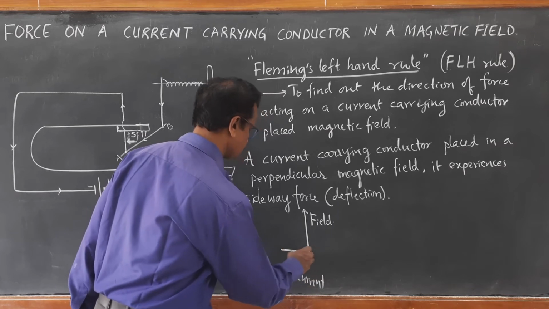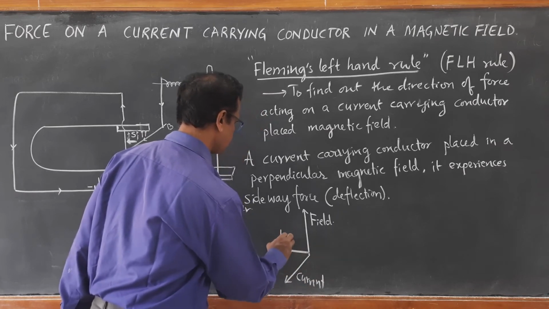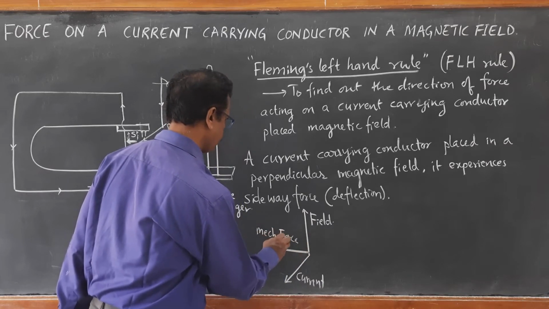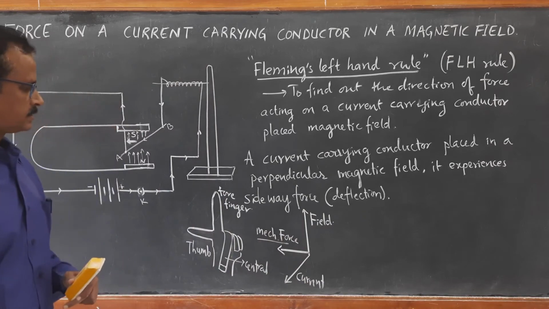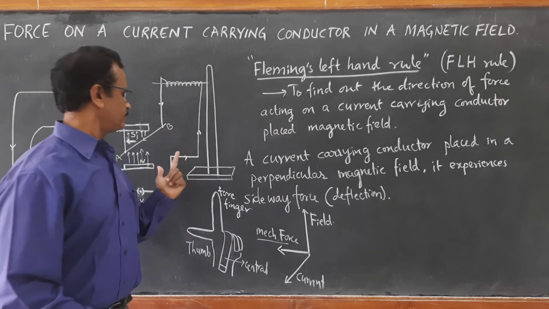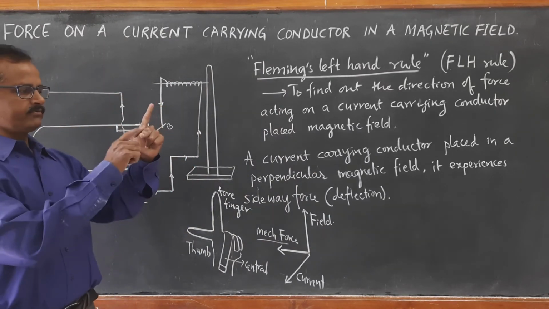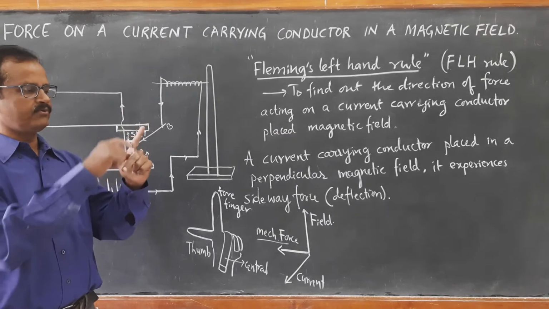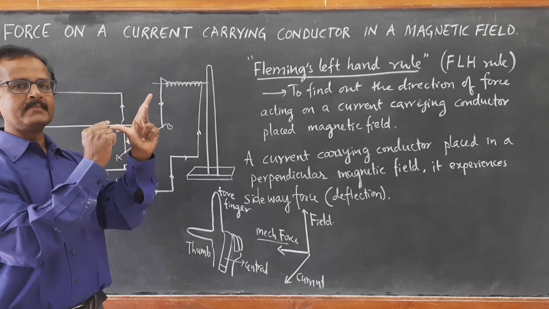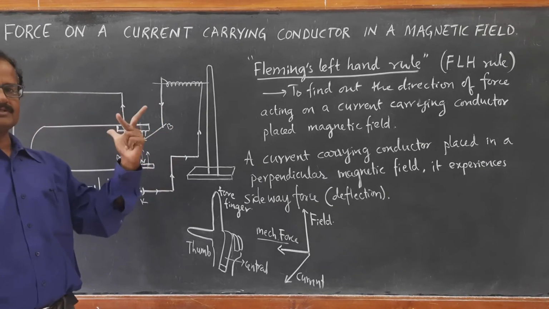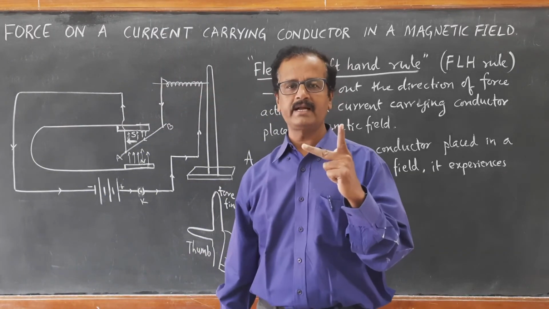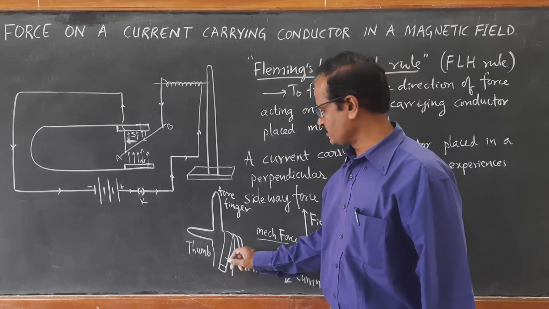Then this direction is the direction of mechanical force experienced by the conductor. So I think you can very easily remember: forefinger for field, central finger for current, C for current, F for field, and thumb, M for mechanical force. So Fleming's left hand rule just helps us to find the direction of the force experienced by a